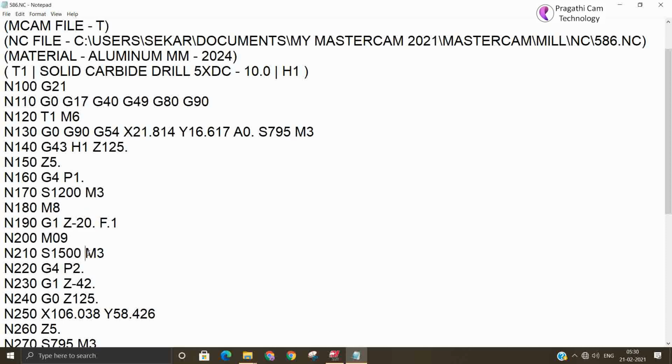Now the spindle speed is changing, and it's not necessary to switch off the coolant here, but it is given there. That's the reason. So spindle speed is changed, means dwell also is changed now. So now Z depth is minus 42.